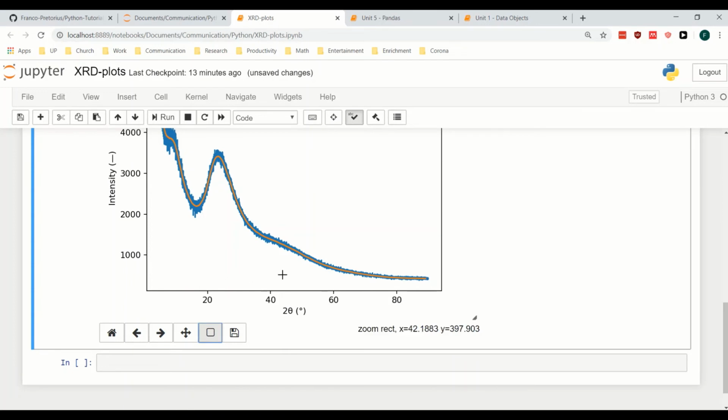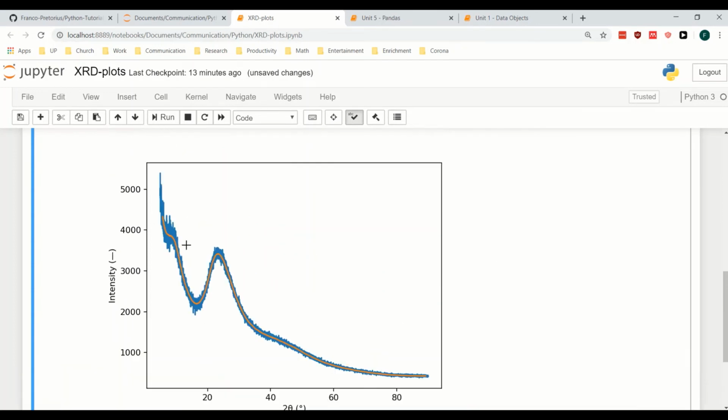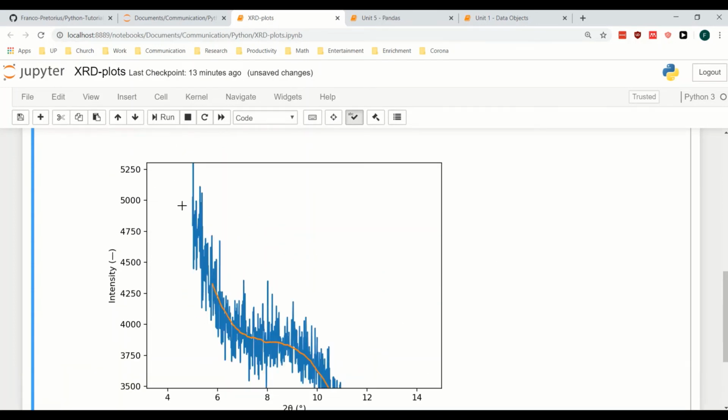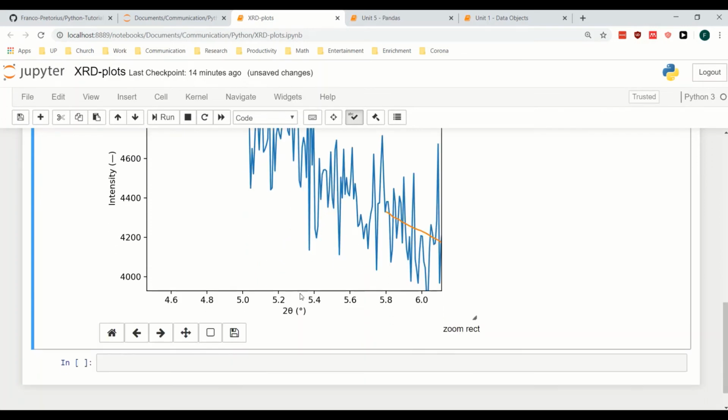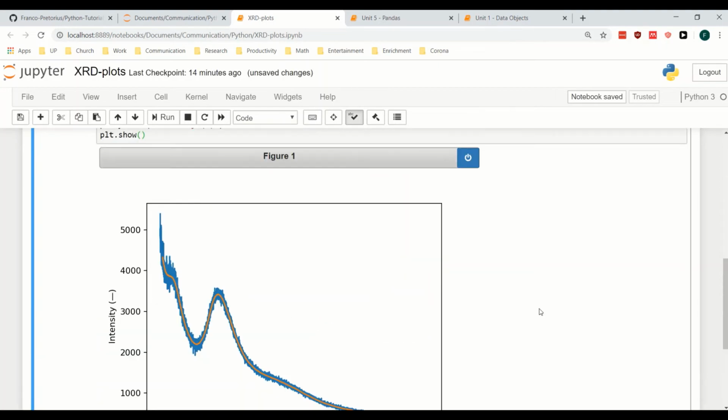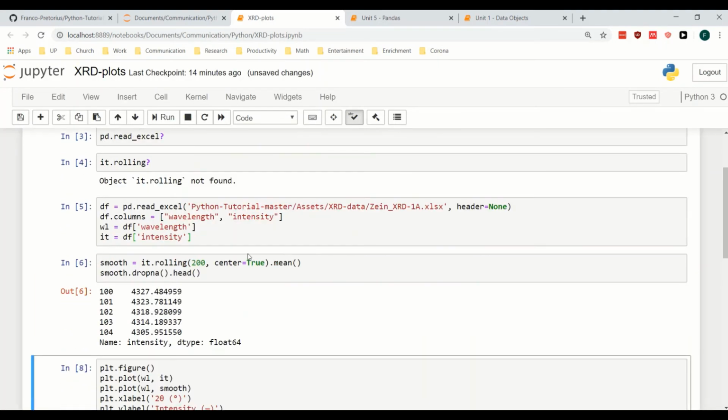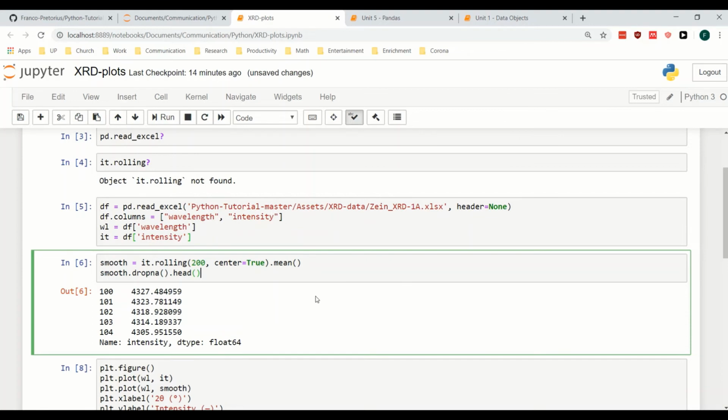Okay, we can use this button to zoom in on a graph, and you'll see here these first few values don't have an orange line. They are averaged and then that value is calculated and placed over here. Okay, now